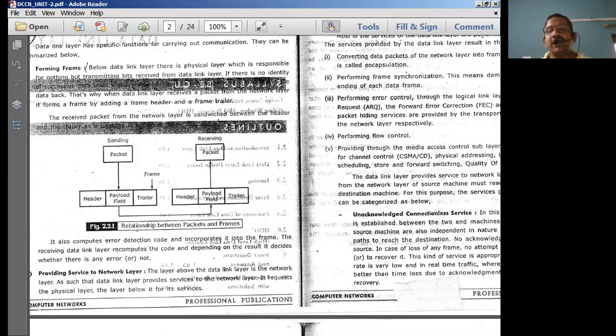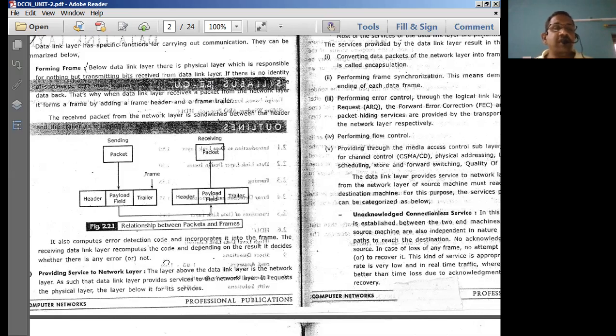If your context is the data link layer, you will be continuously talking about frames. If any term that comes in the data link layer is a packet, the packet terminology is actually meant for the network layer. So in order to provide some implementation for the network layer at the data link layer, you are talking about the data representation, but the data representation is for the network layer, not for the data link layer. That's what is important for us to understand.